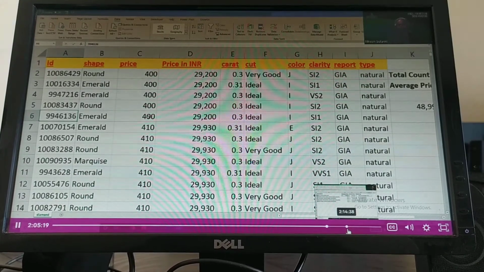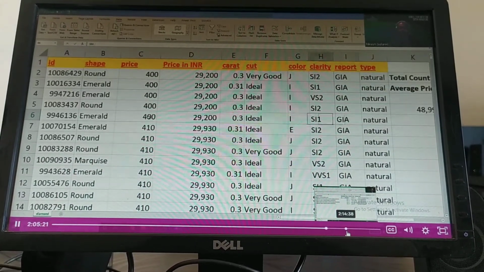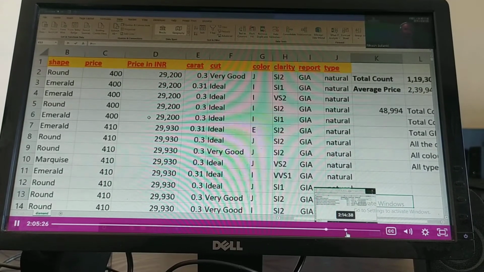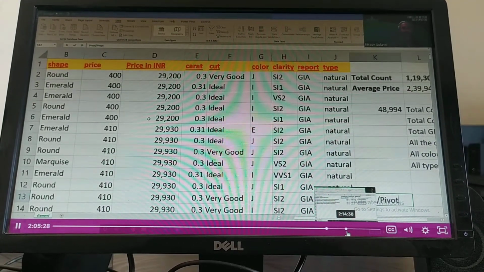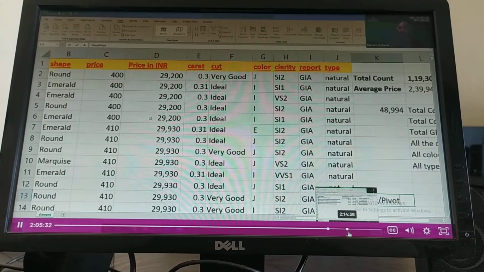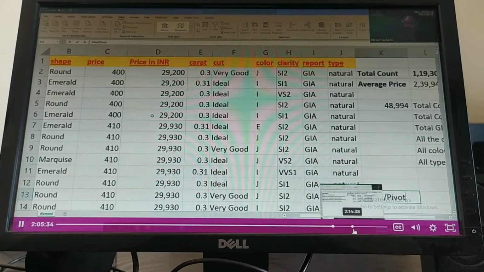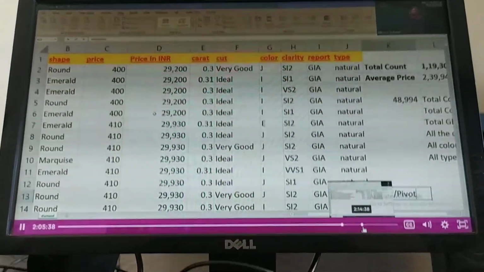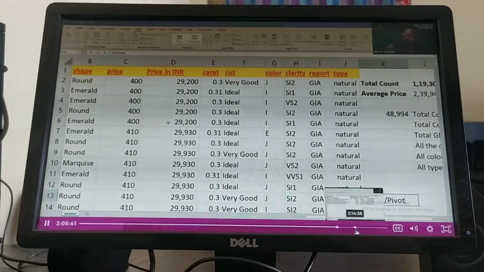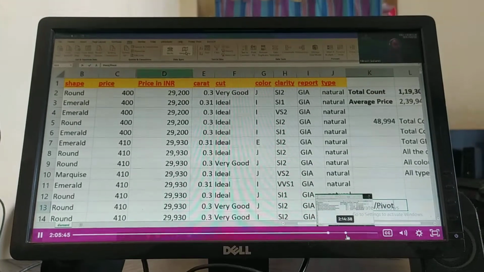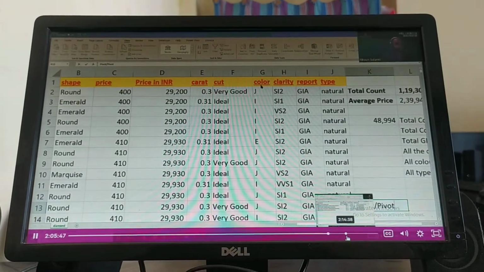We are going to do the magic portion, which I call the pivot table. You can call it pivot, it's absolutely okay. We are also going to learn VLOOKUP, HLOOKUP and the new XLOOKUP. But to learn all these things, I would request you to practice this as much as you can.